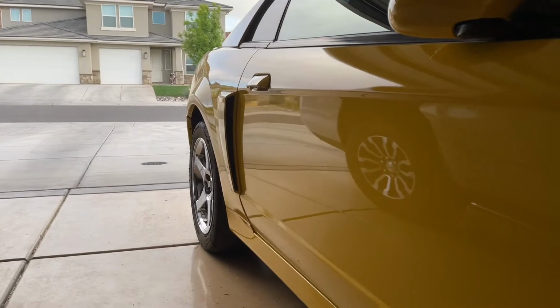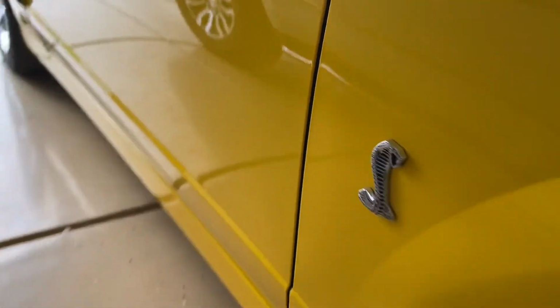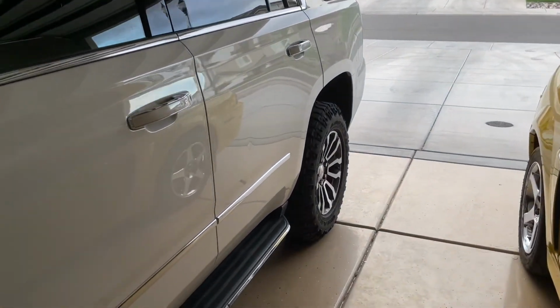So all I can say is I'm glad that it wasn't the Cobra, and this is why I don't drive and park the Cobra at shopping centers. It's nice to at least know that the Cobra is good, but we're going to try